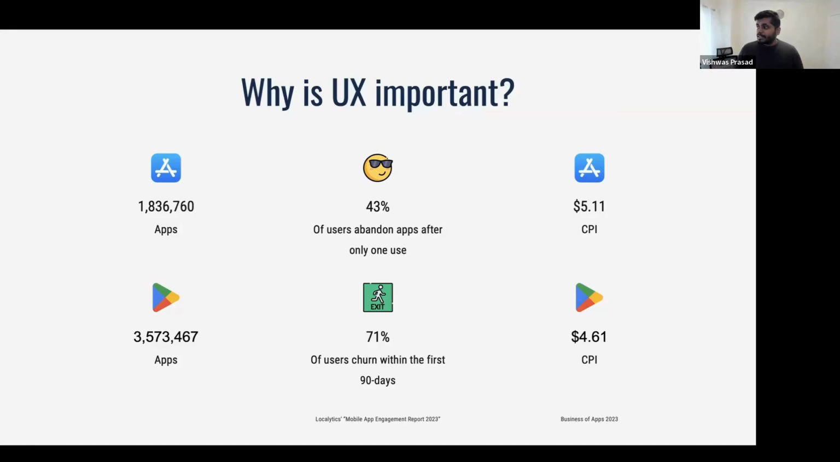And we also saw that the average cost per install for apps in Australia is about $5. And the price can vary depending on the type of app and your niche, but $5 is basically the average